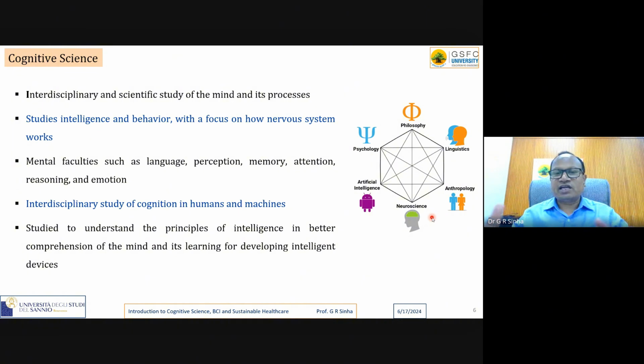How do they communicate? How do they respond to stimuli? How do they respond to vision, to light and other stimuli? These are all complex concepts, but they are simplified with the help of neuroscience.